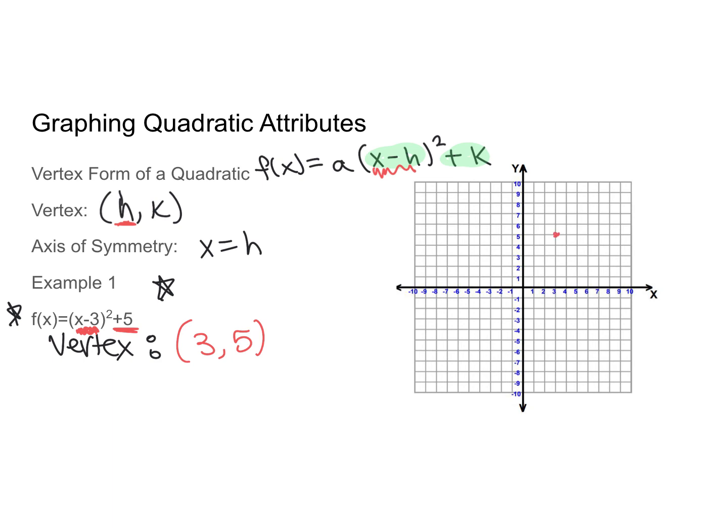I'm going to plot my ordered pair. And I'm going to just kind of sketch that U shape. And now I want to label this for you. So this is my vertex. It's the point at which I go from increasing to decreasing. And then my axis of symmetry